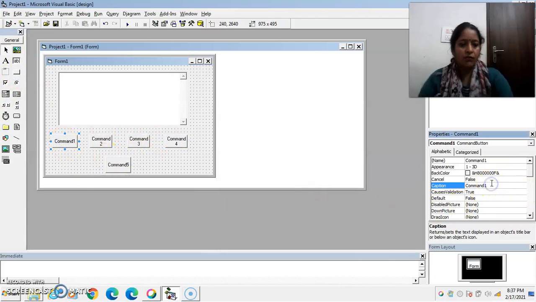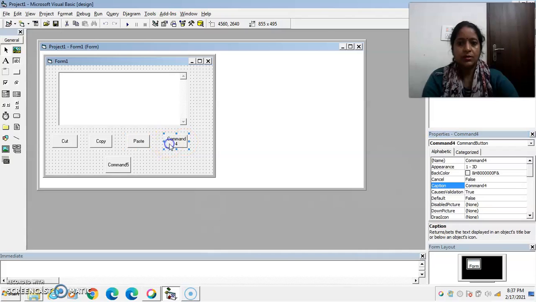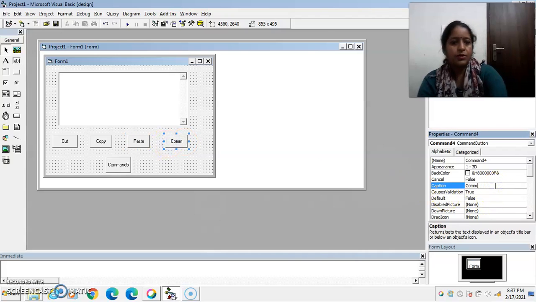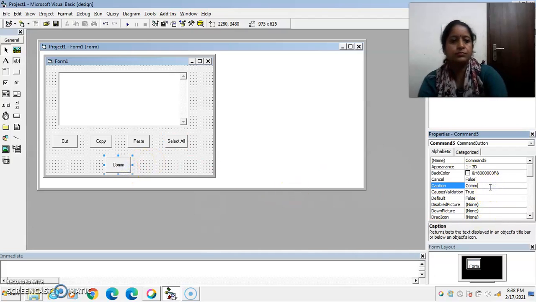Set the caption of first command button to cut, next to copy, caption of third command button to paste, set the caption of command 4 button to select all, and set the caption of command 5 button to exit.